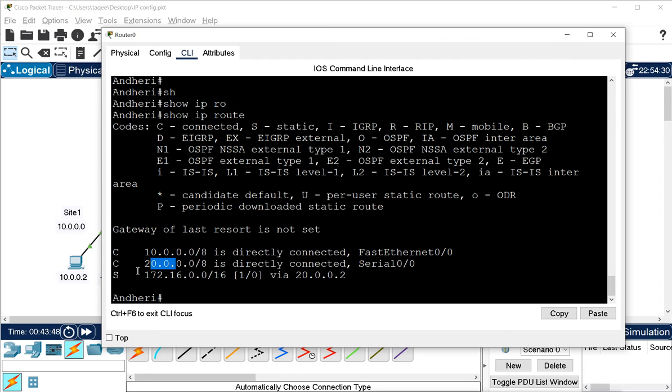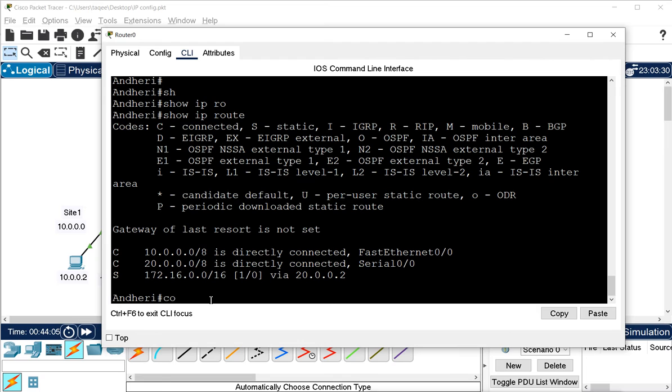It also knows about 172.16, but it does not know about network 30 and network 192.168.1.0. So we have to configure those networks here manually.